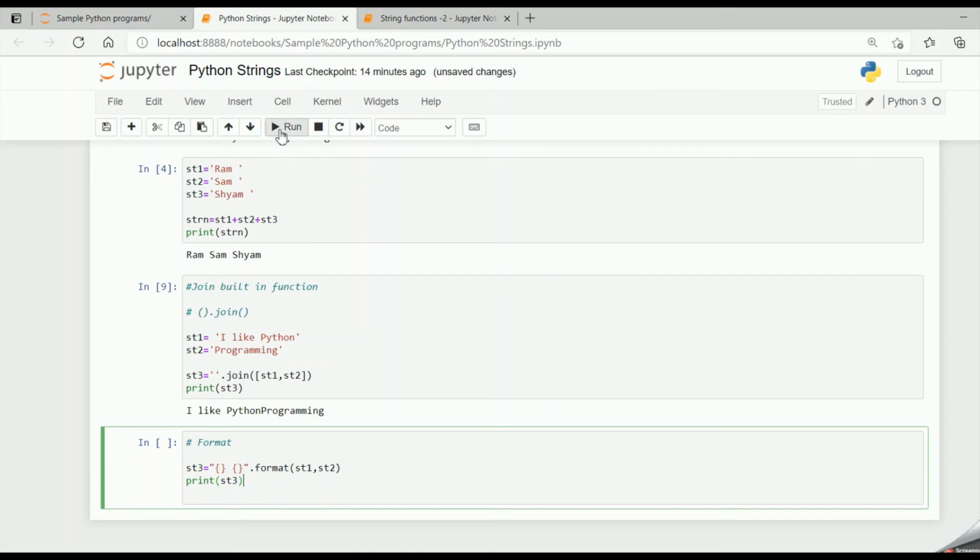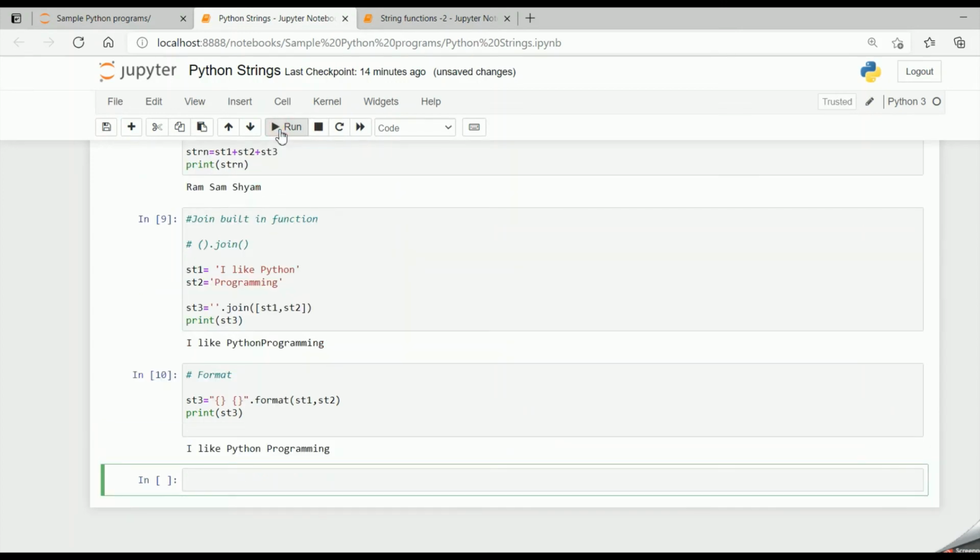So now if I run the code, it will say I like Python, then a space which I have given over here, and then programming. So the combined string, that is the concatenated string, will be displayed on the screen. So this was the format function.